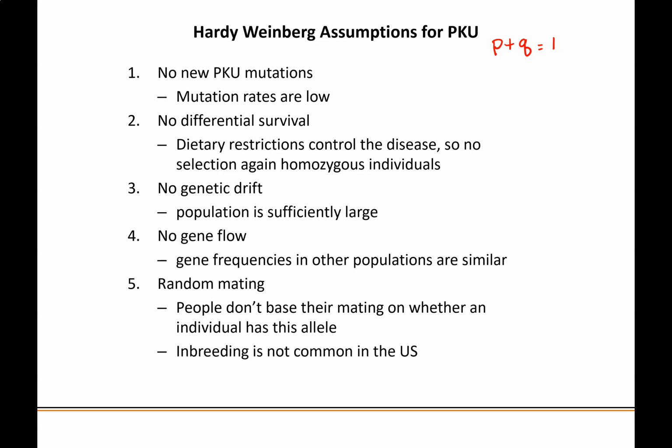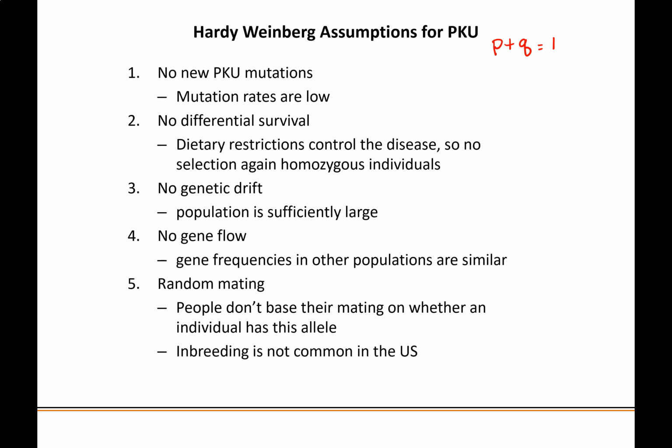So the 5 Hardy-Weinberg assumptions, let's start with no mutation. So if the population is not changing, we assume that no mutations are happening. So we can sort of assume that the mutation rate for the PKU gene is low. The reason is that mutation rates are low in general, and then the chance of a mutation happening within the PKU gene is even lower than that. And so although we absolutely could have a mutation that comes up in the PKU gene that leads to the PKU disease,